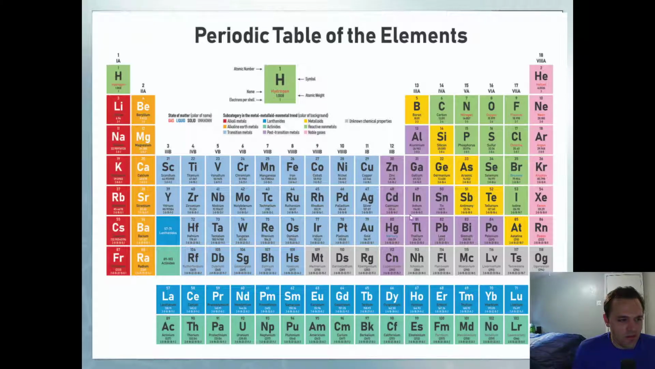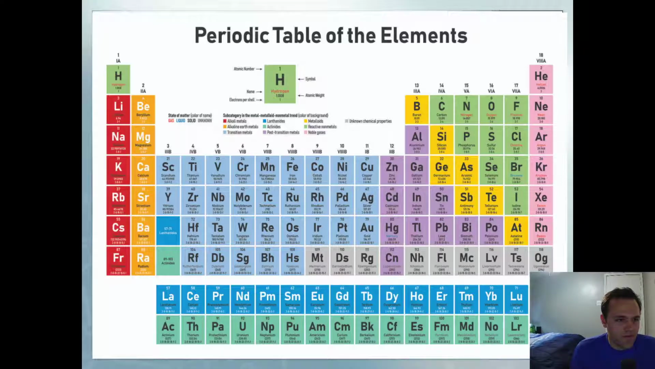Everything in this column, the 13th column, has 3 valence electrons. The next column over has 4, 5, 6, 7, and then this column has 8 valence electrons. It has a full outer shell. All right. And so like I talked about, the number of valence electrons determines how these elements are going to